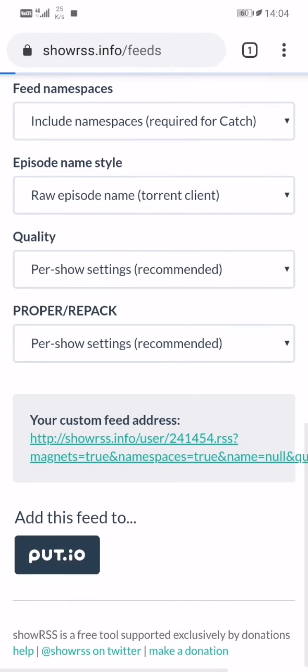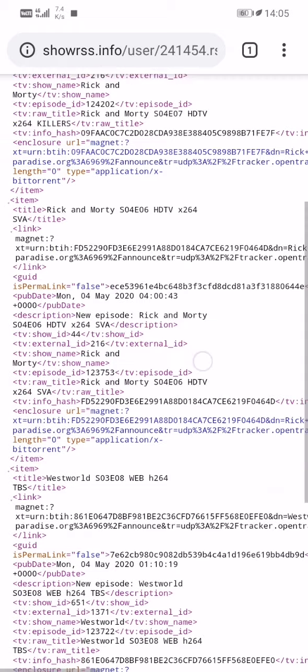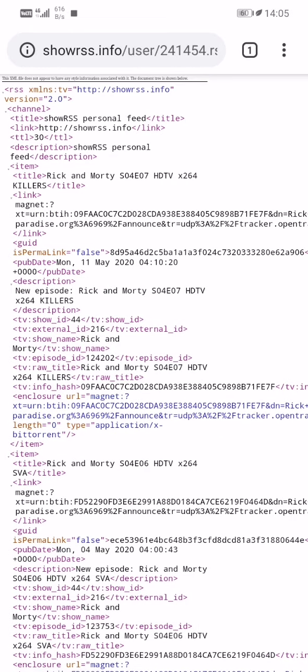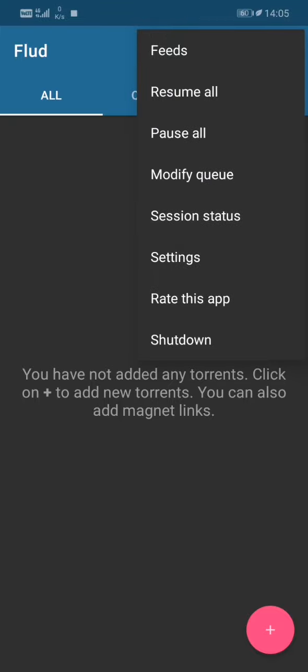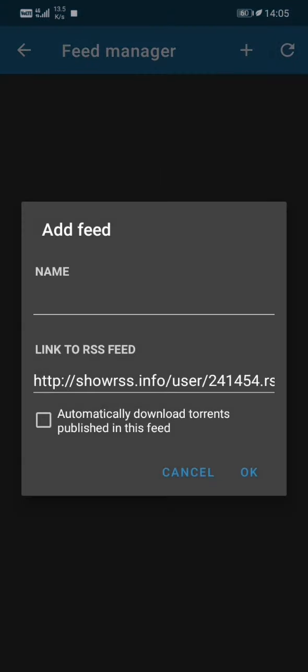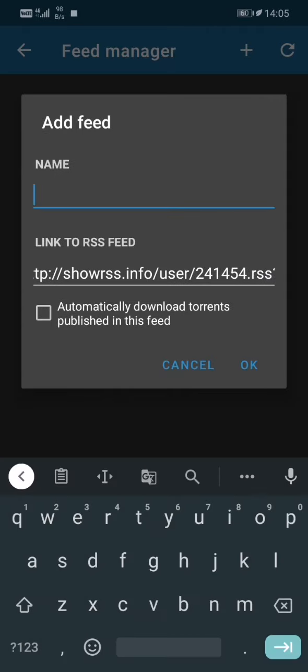and you can click on it to see what's going behind the scenes, but that's a topic for another day. Now go back to torrent client, and click on feeds, click on add new feed, and as you can see, the link we just copied is already pasted here. If it's not, you can paste manually. Give it any relevant name like ShowRSS,